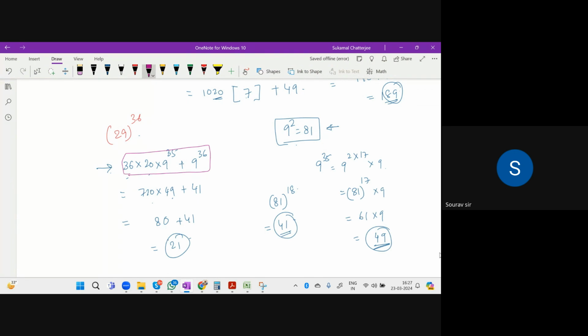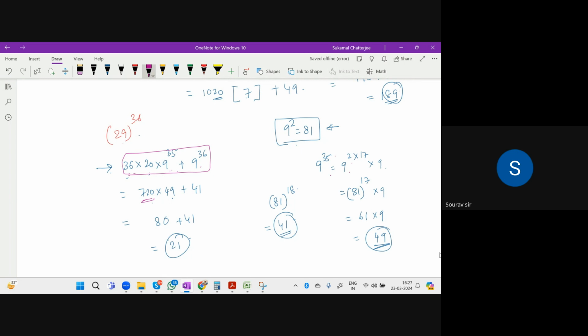টু টার্মস। তাহলে লাস্ট টার্মটা হবে 36 ইন্টু 20 টু দ্য পাওয়ার 1, 9 টু দ্য পাওয়ার 35, আর লাস্টটা হবে 9 টু দ্য পাওয়ার 36। এবার 36 ইন্টু 20 মানে 720, এবার 9 টু দ্য পাওয়ার 35, এর লাস্ট দুটো টার্ম আমার দরকার। 9 টু দ্য পাওয়ার 35 করলে কি হয়? 9 স্কোয়ার,